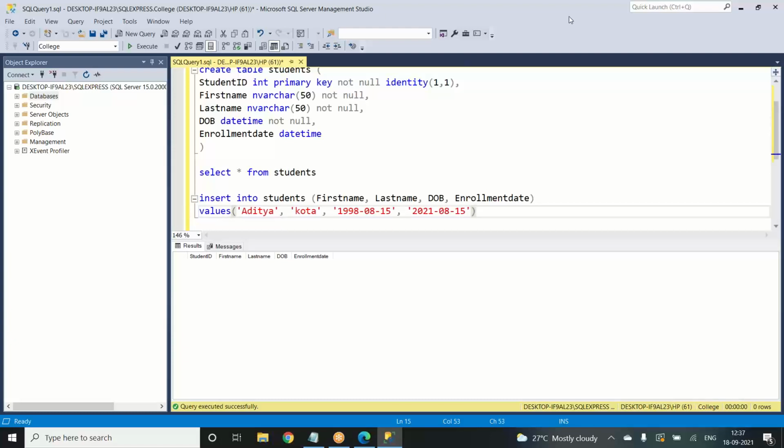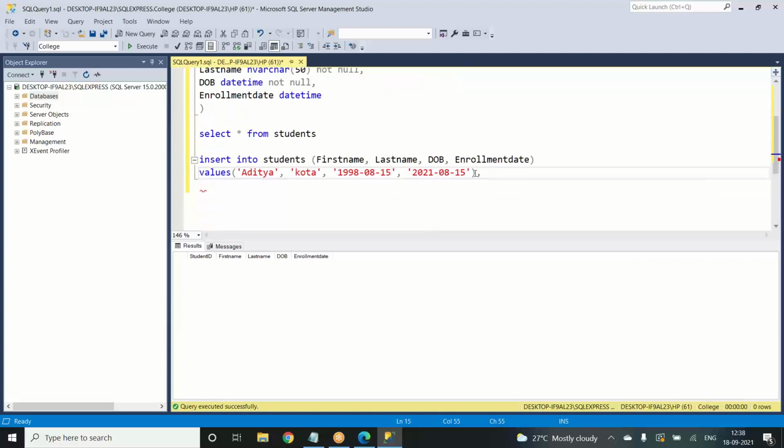Okay, so we have entered the values here: first name, last name, date of birth, and enrollment date. Normally, inside the database we will not enter it ourselves. We'll leave it as a blank column, and when someone uses the system to fill in their details, it is connected to the database.